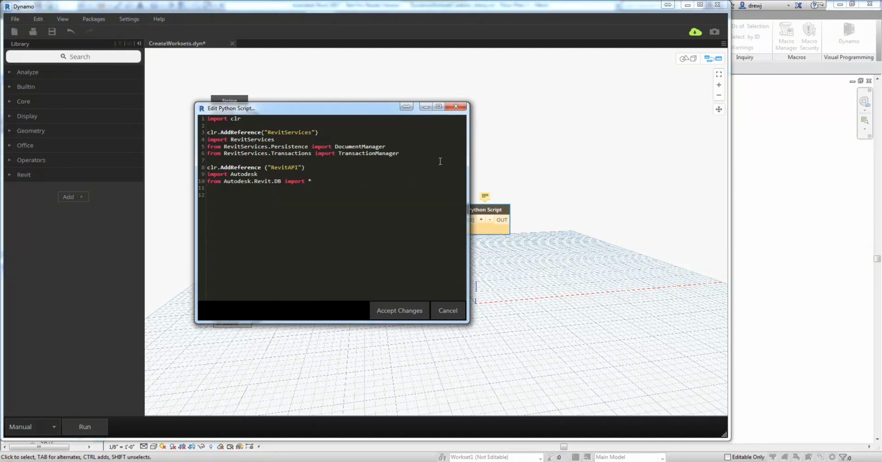Now, we have a list of workset names that we're bringing in. And what we're going to do is reference the document as the current document. So now we have the document. What we're going to do is start up a transaction. So in the transaction manager that we brought in earlier, we can